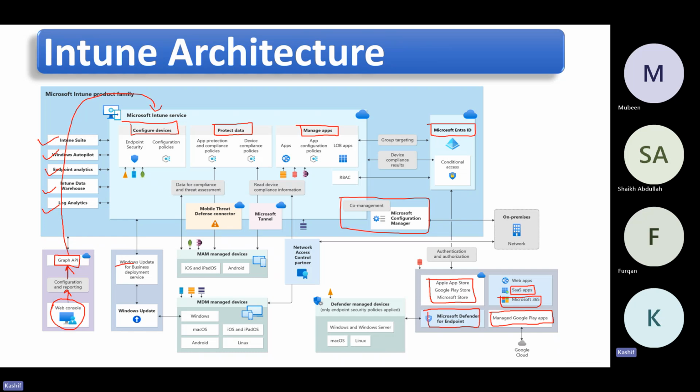Intune is a SaaS-based service. SaaS means what? Software as a service, wherein you don't have to design anything. It's already done by Microsoft. Just like Gmail, you don't have to configure the Gmail server. You don't have to maintain the Gmail server. You just take a subscription. You create an email account. That's it. You start getting emails. Similarly, it's a SaaS product, software as a service. You take a subscription and you are good to go,